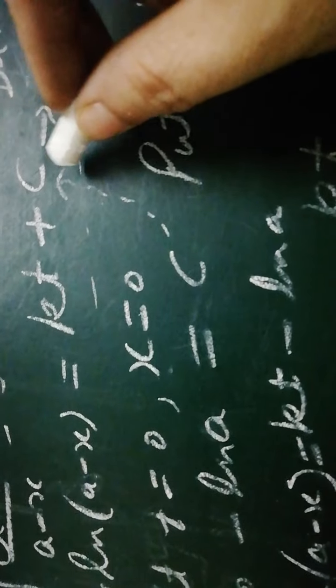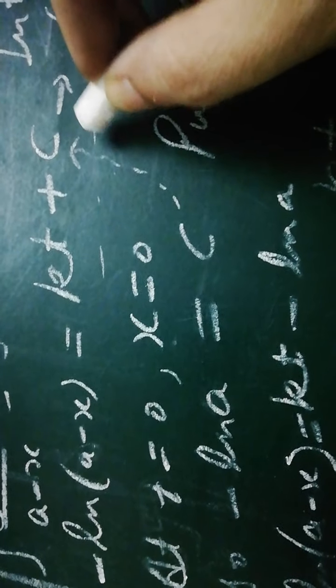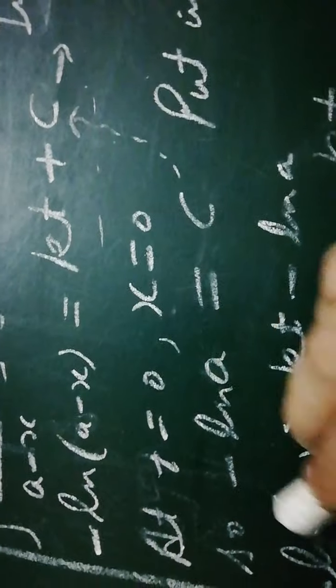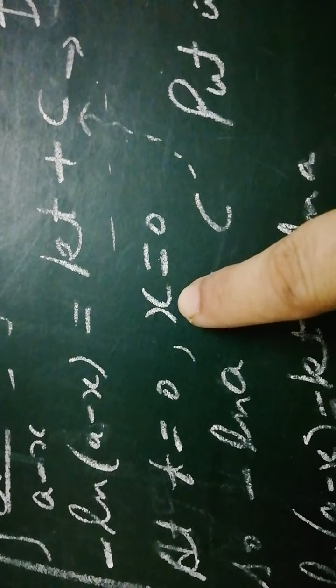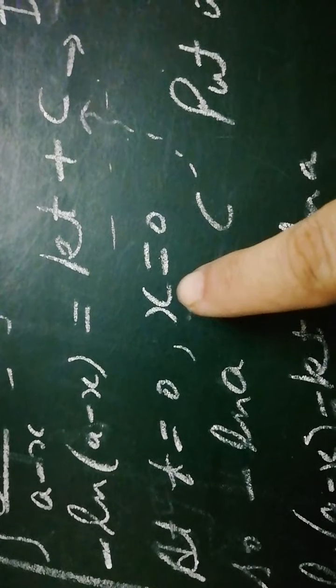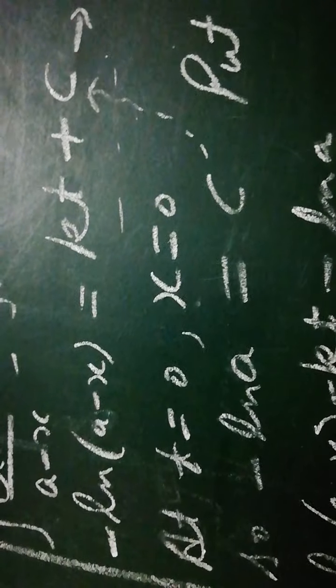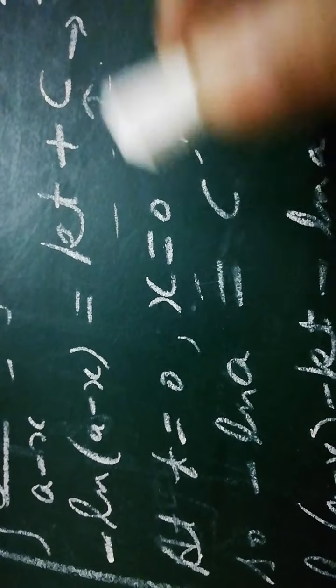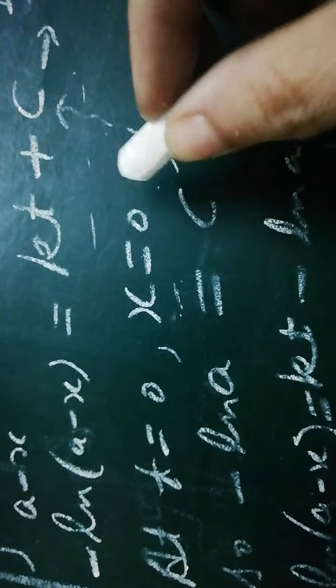As soon as c is introduced, we have to find the value of c, and we apply the same condition which we have already applied earlier, that is at time t equal to 0, when the reaction has not started. X is the number of moles of reactant decomposed or the number of moles of product which is formed. When time was equal to 0 seconds, the number of moles of reactant decomposed is 0 moles per liter, and the number of moles of product formed is 0 moles per liter. So at time t equal to 0, the value of X will be equal to 0.